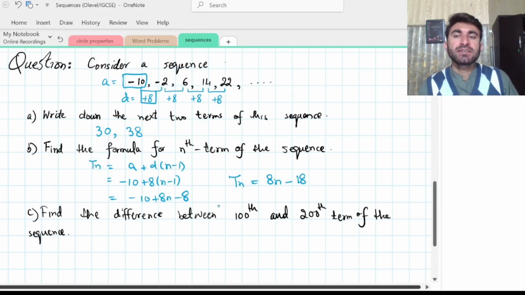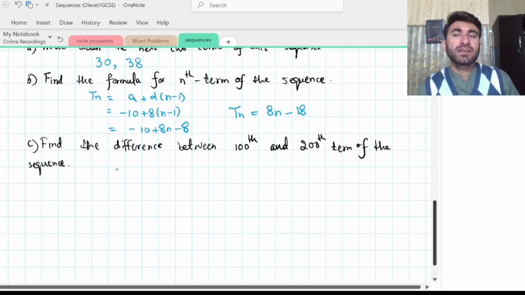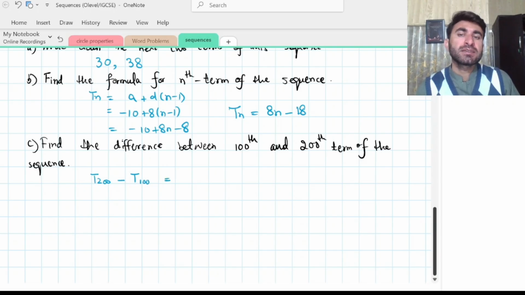And in C part, it said find the difference between 100th and 200th term of the sequence. So we can either find the 100th and 200th term individually and then take the difference, or otherwise we can directly do it in one step, like doing T200 minus T100, and that shall become T200 means it is like 8 times 200 minus 18, and minus T100 means it is 8 times 100